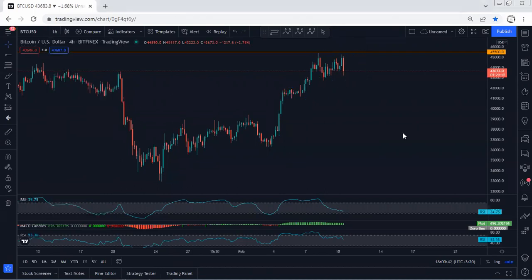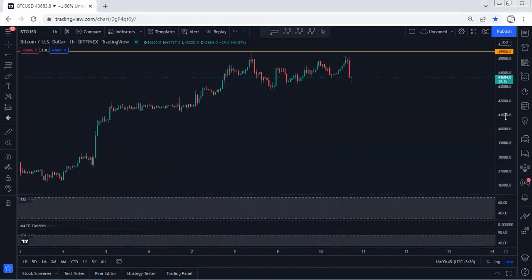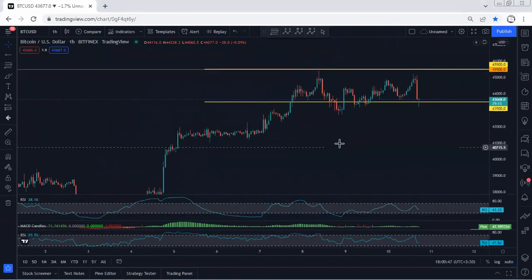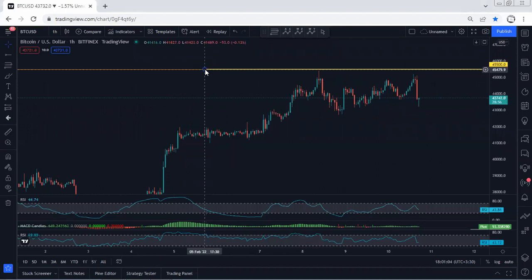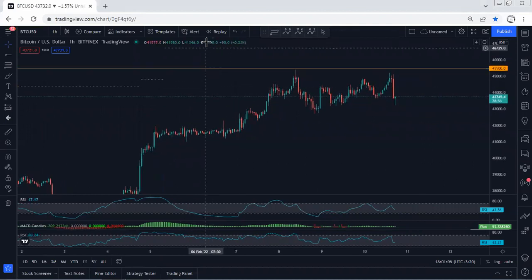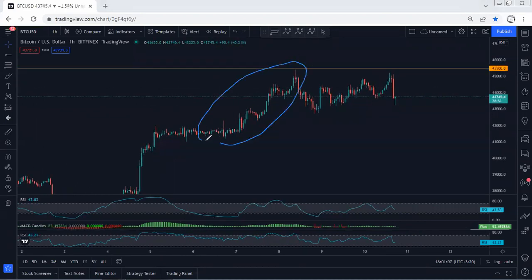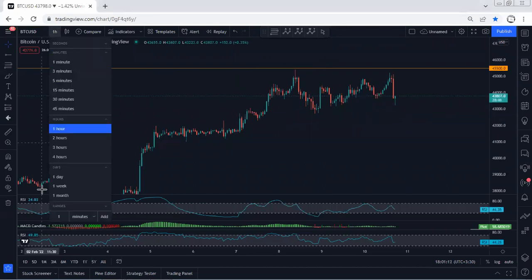Even if we move to the 1 hour chart, since the price was here, we mentioned we're looking for buy. And we mentioned the first target is 43,500, followed by 45,500. Now the question is whether we can expect the price to break 45,500 or not. We don't need these lines anymore, and especially this one. For those traders who got the trade for buy within this one, at least move your stop loss to break even if you want to keep the trade.